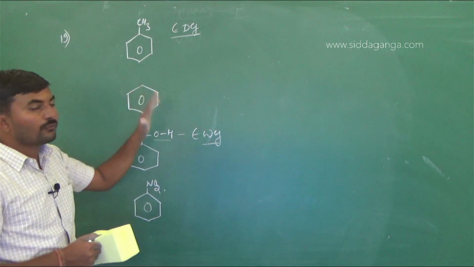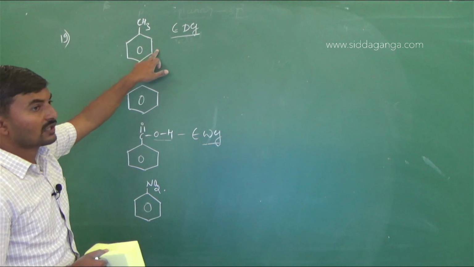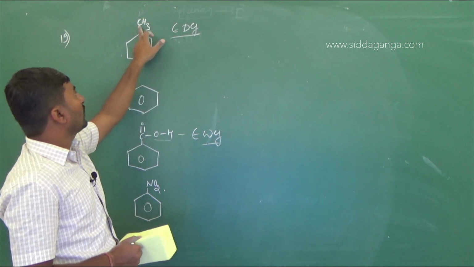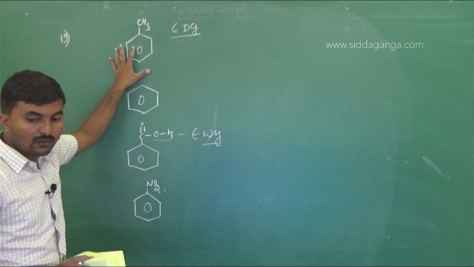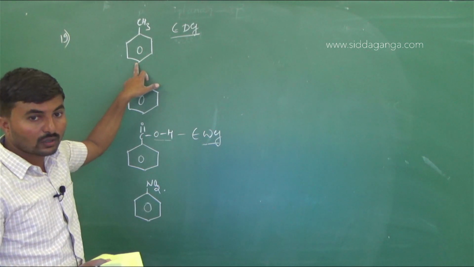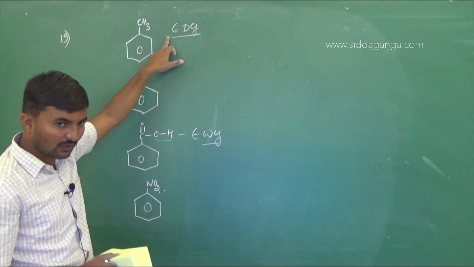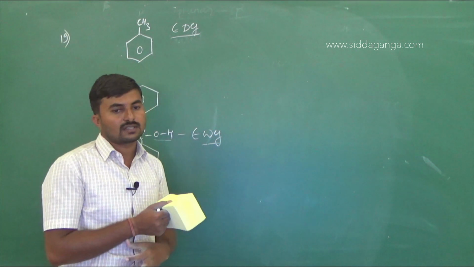Among the four structures they have given as options, toluene is the structure having an electron donating group. The nature of an electron donating group is to donate electrons into the benzene ring, so the ortho and para positions of the toluene molecule become rich in electrons, and those positions abstract electrons easily.